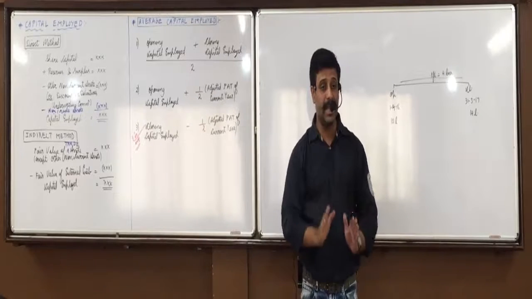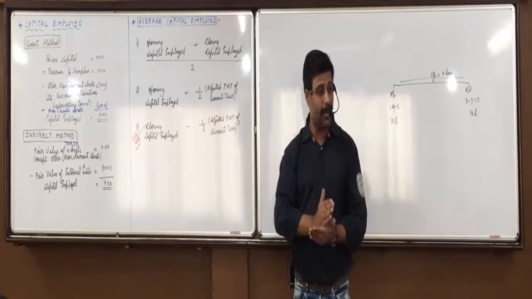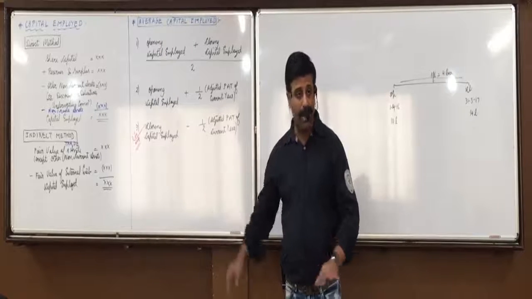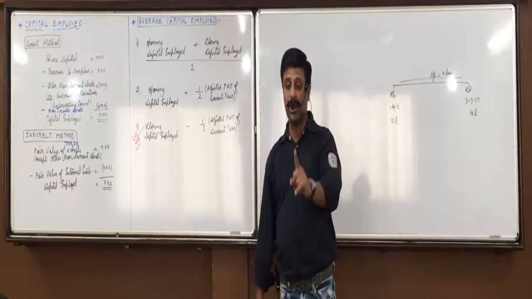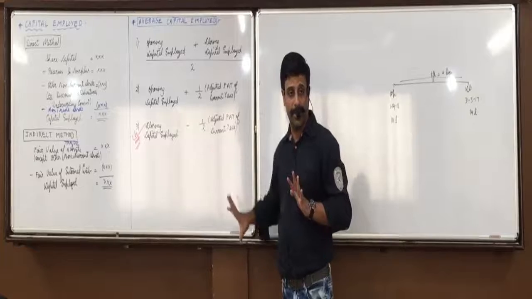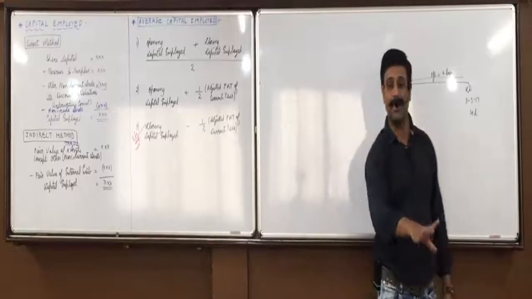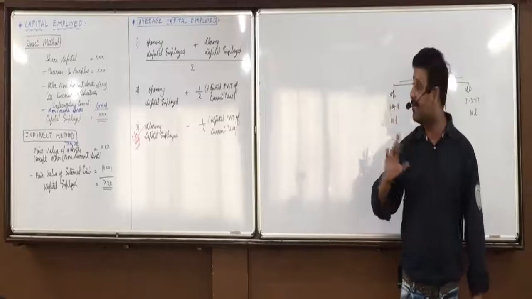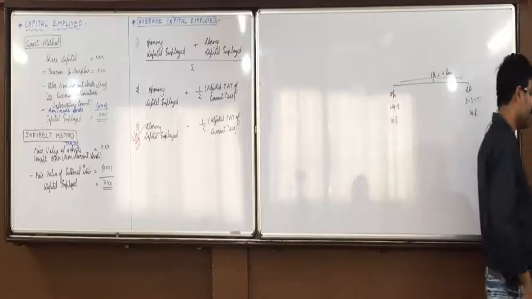But in college exams, how will you distinguish? Should we find goodwill on the basis of closing capital employed or average capital employed? If nothing is mentioned, average capital employed. But 99.99% they'll always mention use closing capital employed, because this is very complex and complicated. So in the majority of cases at BCom level, they always mention use closing capital. In an extreme situation, when nothing is mentioned, then only average is to be used. So write that down as a note.